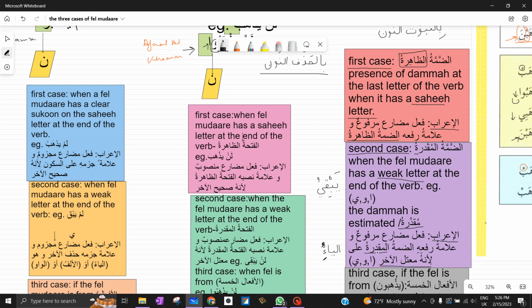So that's why muqaddaratu ala which letter? Alif, waw or ya. So you have to mention. In this case, as I have given you the example, yabqi, it was a ya. Any example like yas'a, then you will say alal alifu. And if I say yad'u, then you will say alal waw. So this is how you are going to do the i'rab of fail mudare marfu.